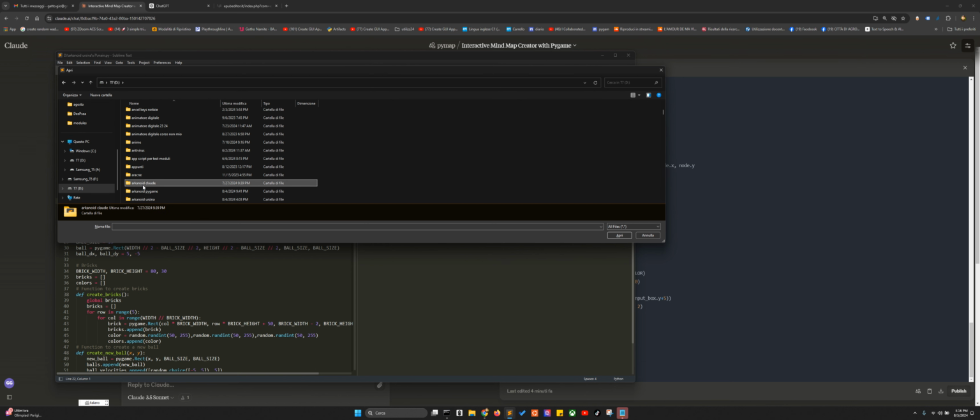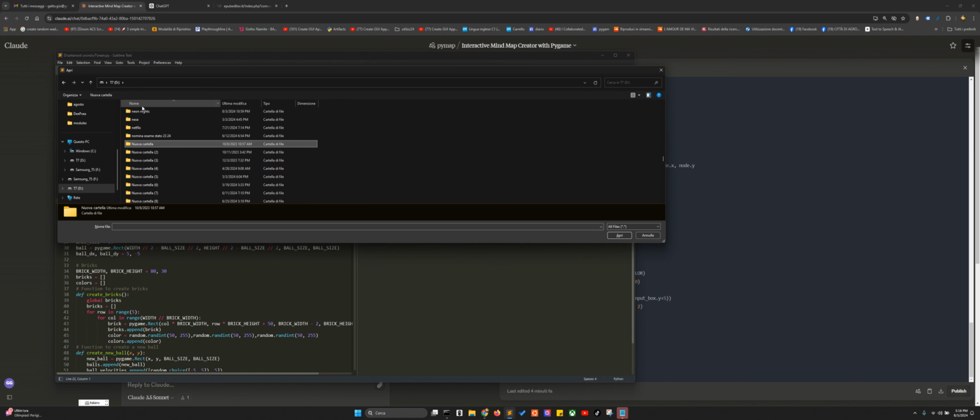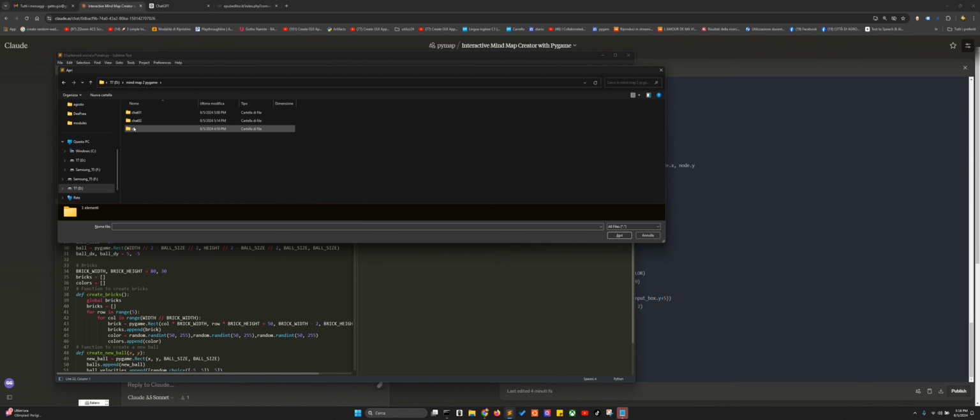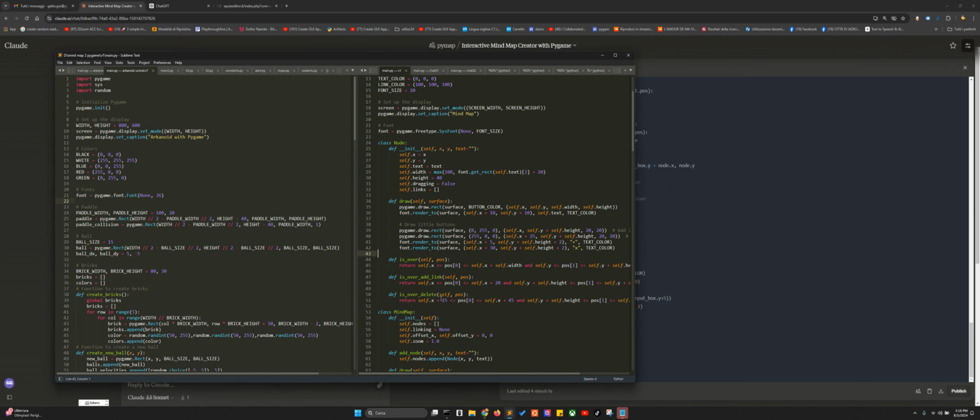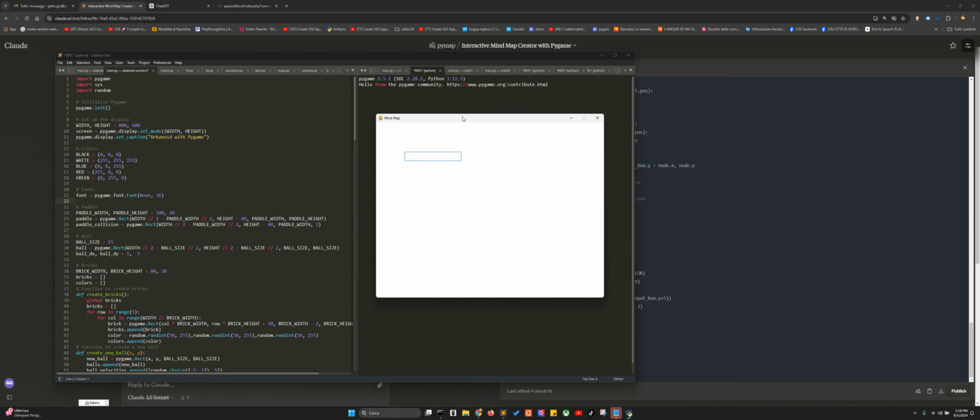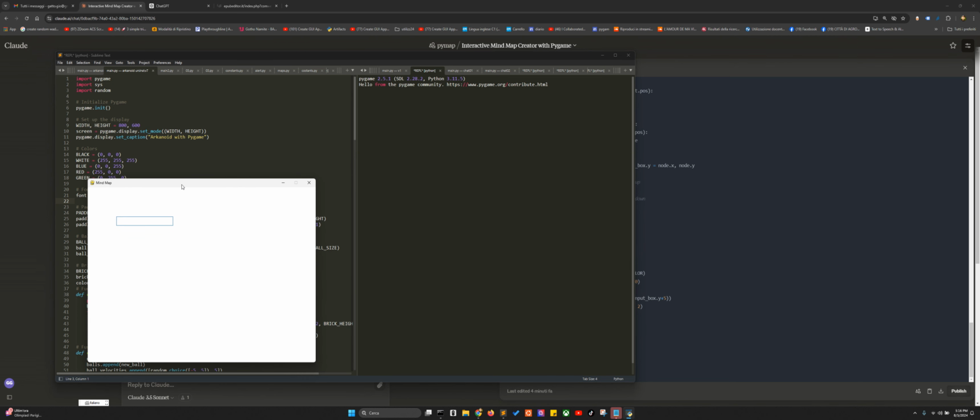But now we are doing this mind map. So, mind map made with Pygame. As you can see, it's not perfect,